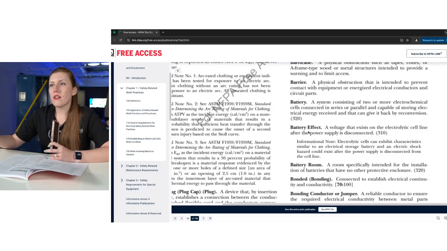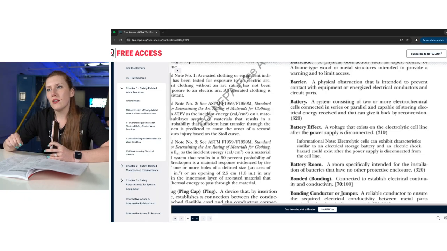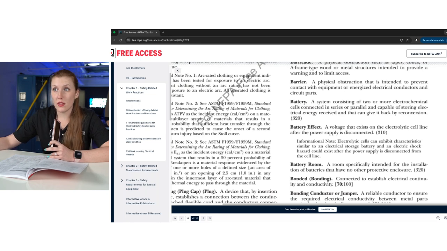So if there's a definition that is specifically supposed to be used for a specific article, it'll have that article referenced at the end of the definition in parentheses. So battery, this definition applies to the information in Article 320. So the way that they're describing a battery here is applicable to Article 320.